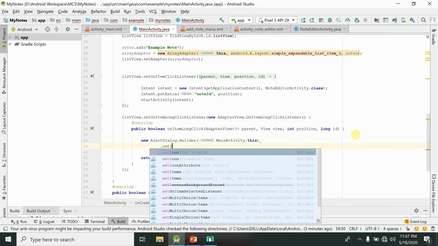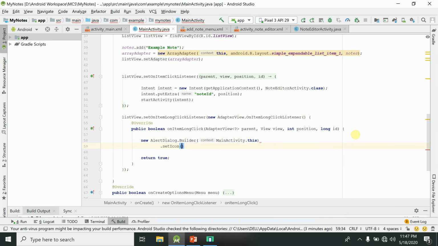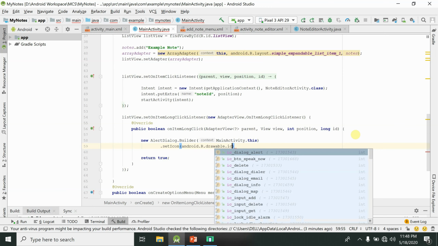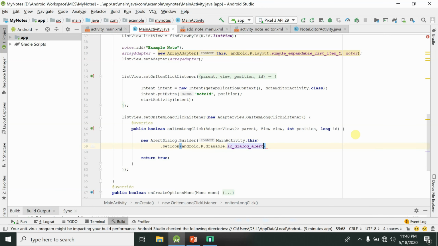So set icon, android dot r dot drawable dot, and I'm going to select the default icon, which is IC underscore dialog underscore alert.